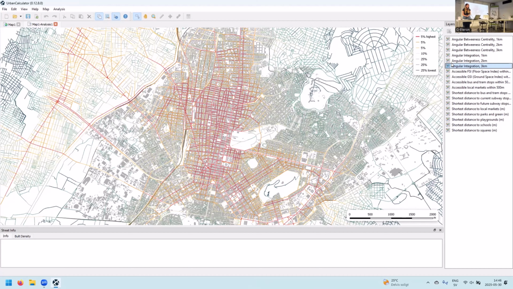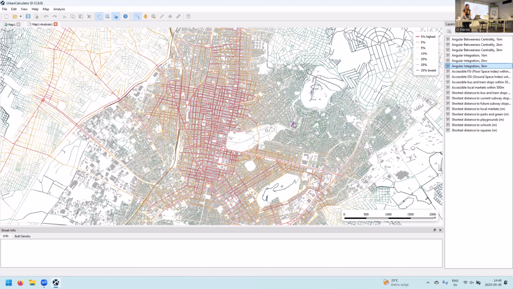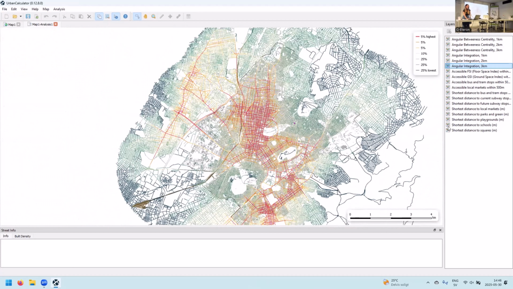And then in blue, you see the 25 lowest, for example. So we go from red to blue, more central to less central. And you see the results. You can recognize, of course, the center. You can recognize partition. You can recognize these big arteries. And you can see some glimpses of